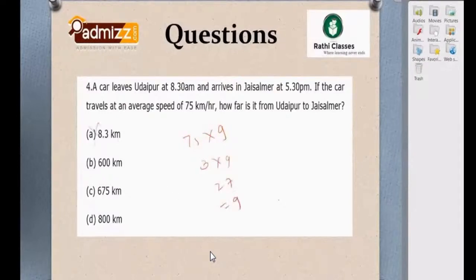As you see in the options, this is eliminated, this is eliminated, this is eliminated. We are left with this. If you add this, the value is 18. 18's digital sum is 9. So no need to solve the entire problem. The concept is, so what is 120 by 5? Just apply the digital sum. Moving on to the next question.